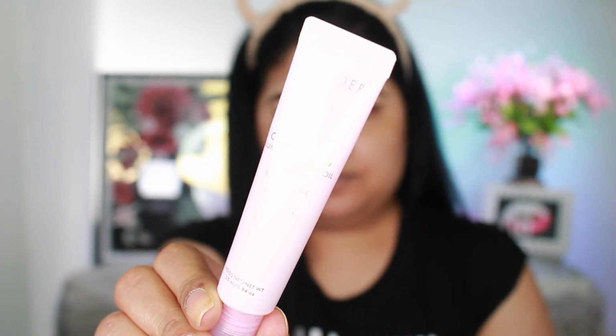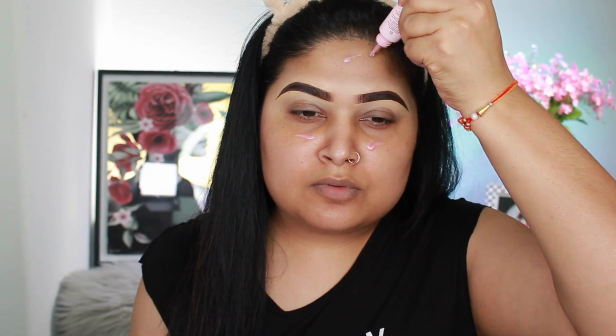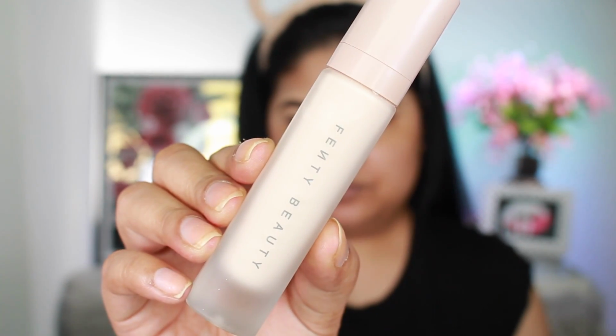Alright you guys, I'm going to go ahead and start moisturizing my face. For that, I'll be taking Wonder Beauty Glow Ahead Illuminating Face Primer. Absolutely love the way not only it feels, but it smells as well. It smells actually like roses, if any of you are wondering. I will be prepping my skin today with Fenty Beauty Primer, and I'm going to go ahead and apply that mainly towards my T-zone. That's where my main problem areas are, and we're going to go ahead and cover those